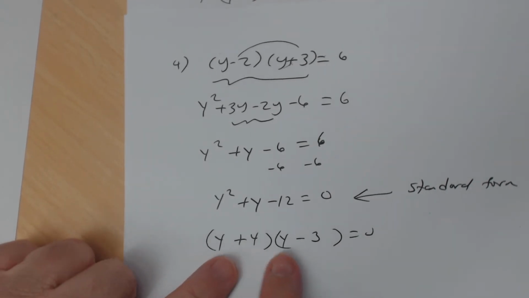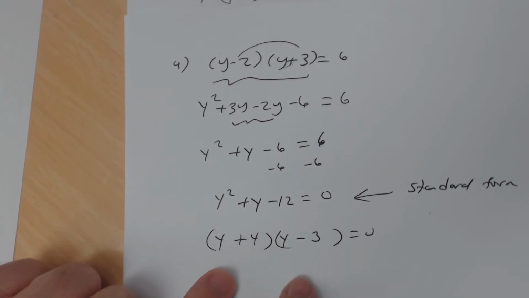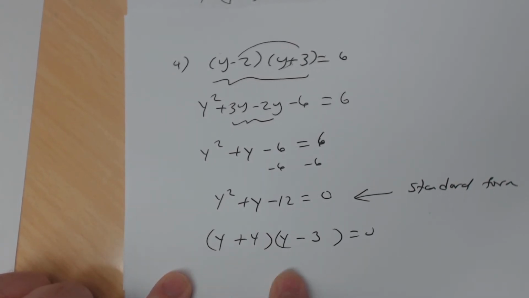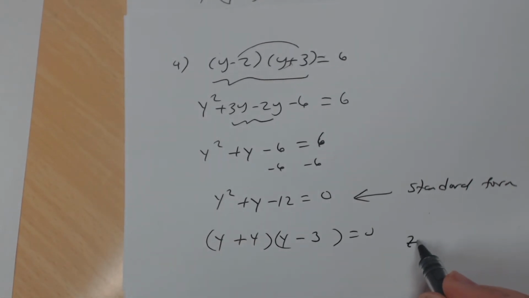And you can check yourself. Negative 4 times negative 3 is a negative 12. The outer is a negative 3y. The inner is a 4y. When I add them up, I get a positive y. And so by the zero factor property,